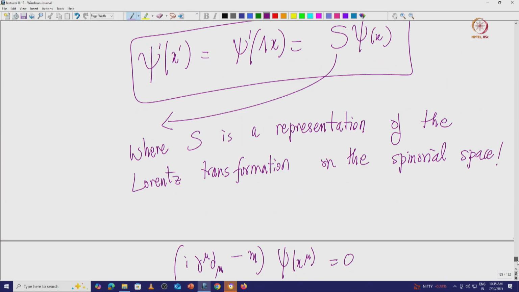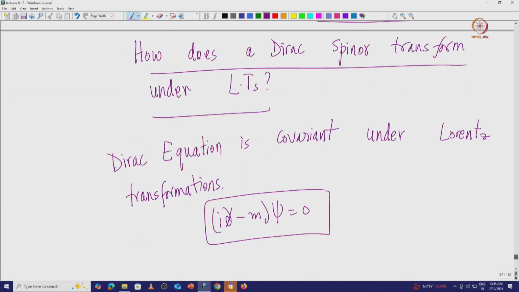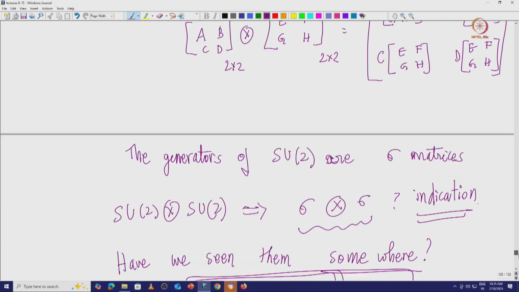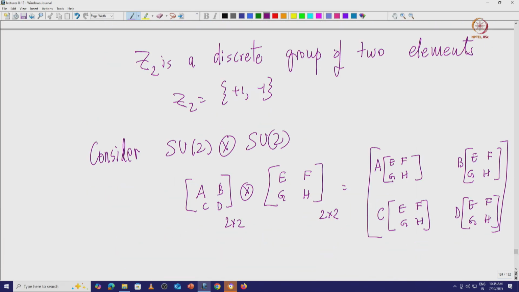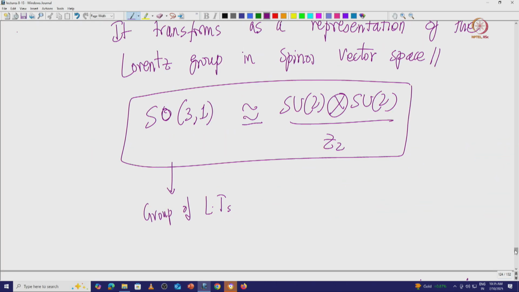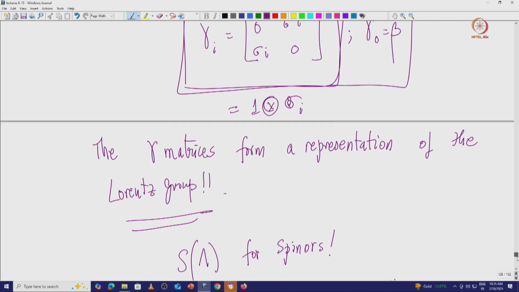Okay, what we have achieved today is amazing: we can get an expression for S, the representation of the Lorentz group on spinors, by guessing that, given this relation as a direct product of two SU2s, it should be some form of gamma matrices. We made a guess that it should be gamma matrices, because gamma matrices we know are essentially a direct product of sigma matrices. So, giving that guess, essentially we then